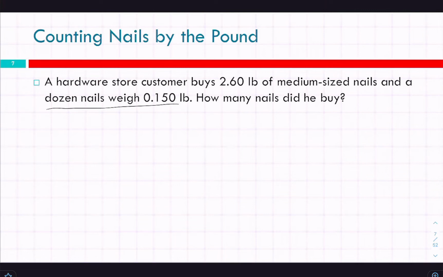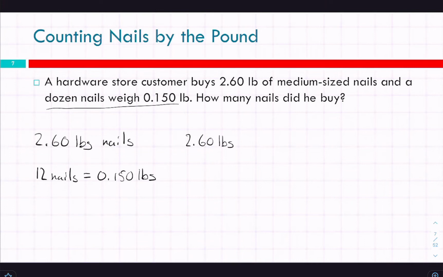You guys ready for more unit analysis? Okay, let's break this down. So we got 2.60 pounds of nails. And we know 1 dozen, 12 nails, equals 0.150 pounds. So if we start with 2.60